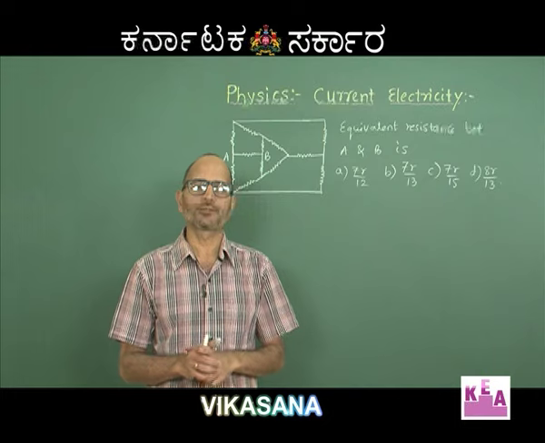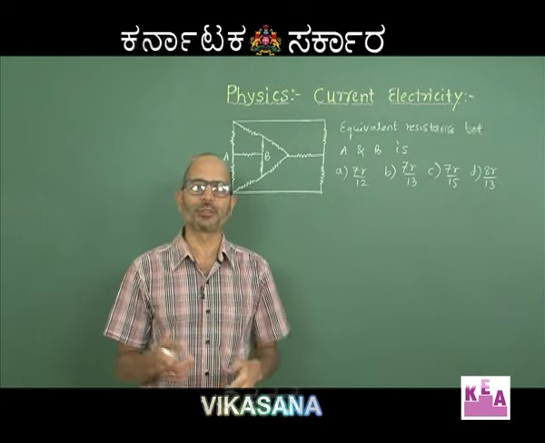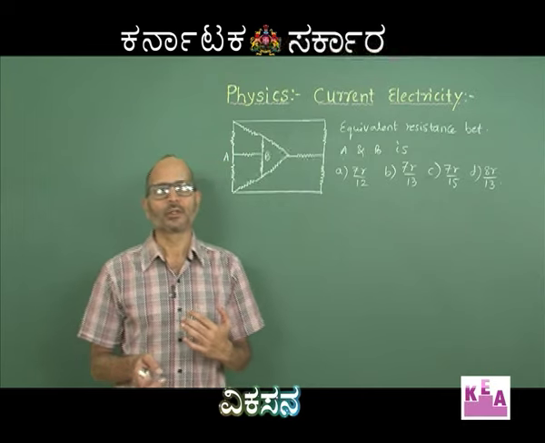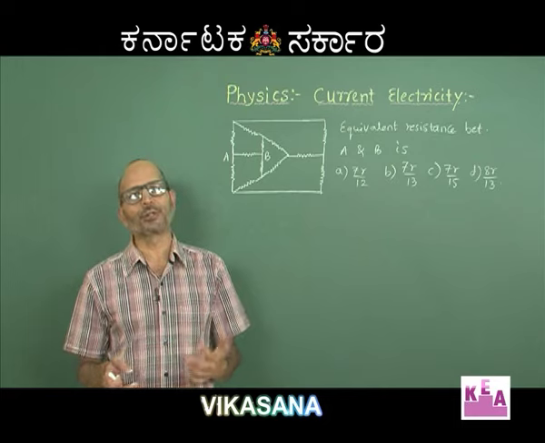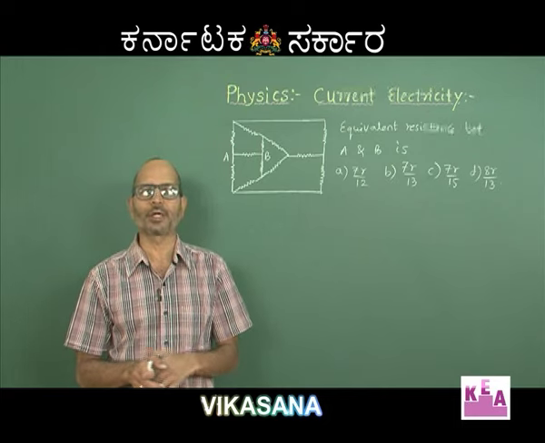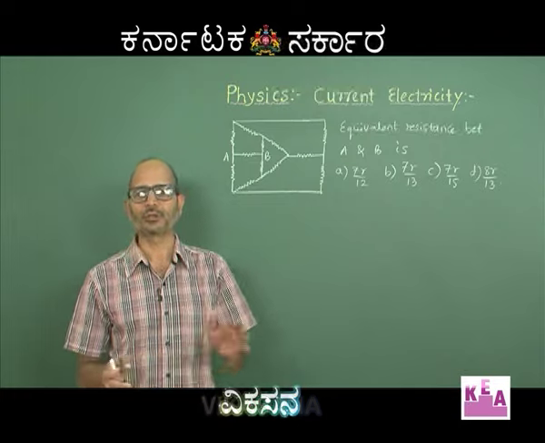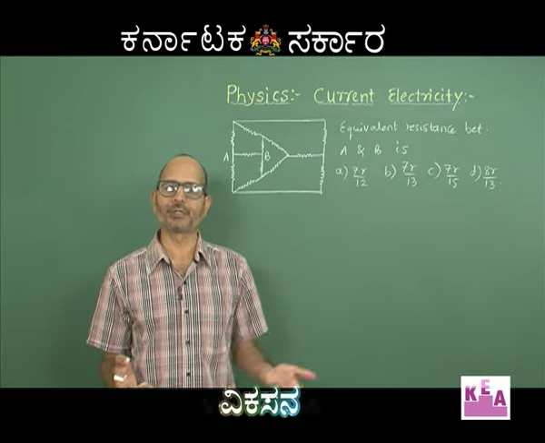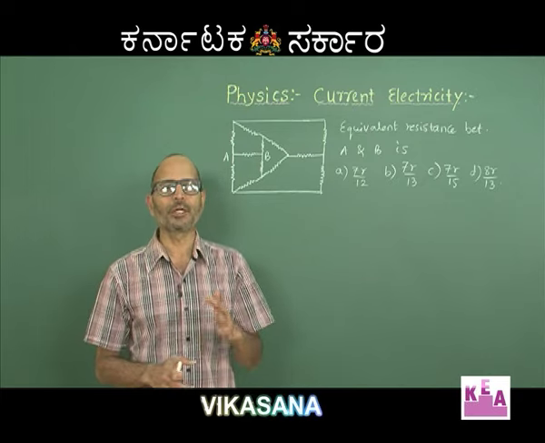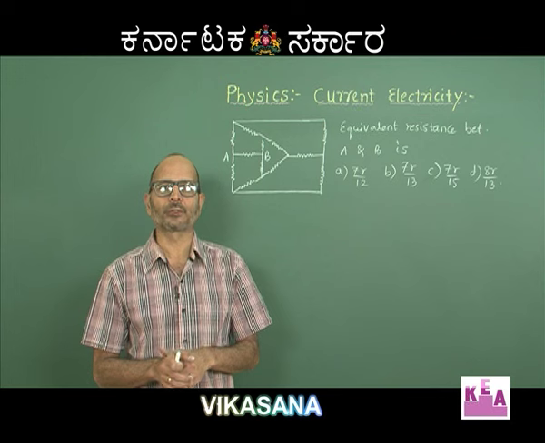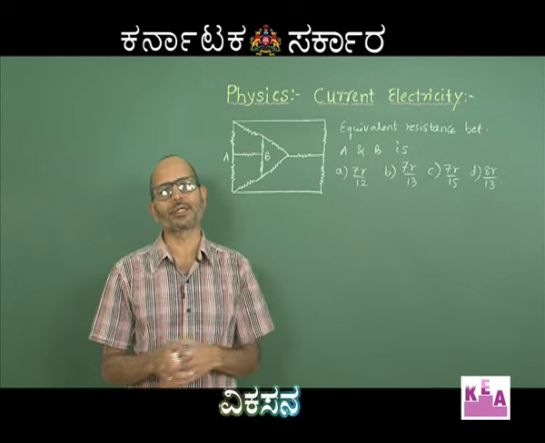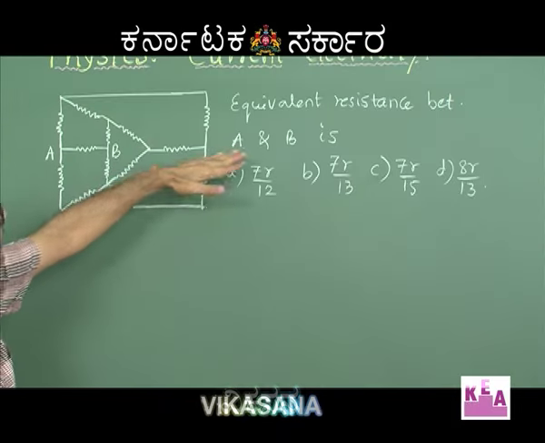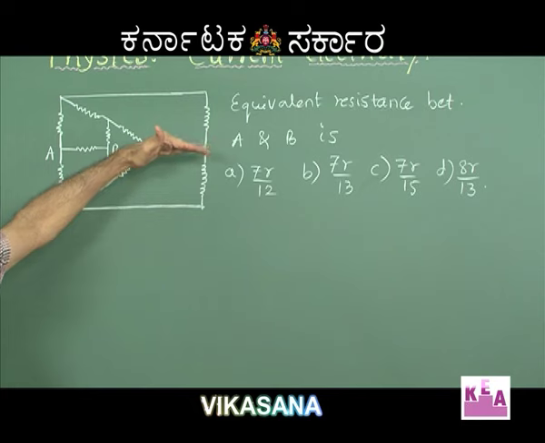See, having taught this finding of the equivalent resistance, considering them to be in series and parallel, many a times students feel that whenever a network is given to them, the resistances are supposed to be either in series or in parallel. But that is not the case. A complex circuit may have the resistances neither in series nor in parallel. So, immediately do not jump to the conclusion of deciding whether the resistances are in series or in parallel. Fine? Okay.